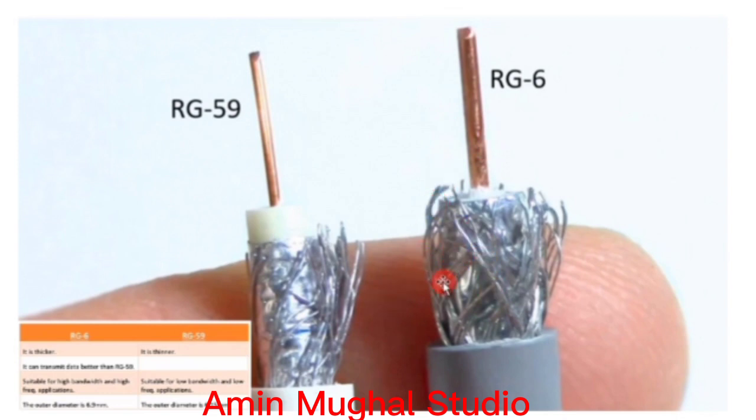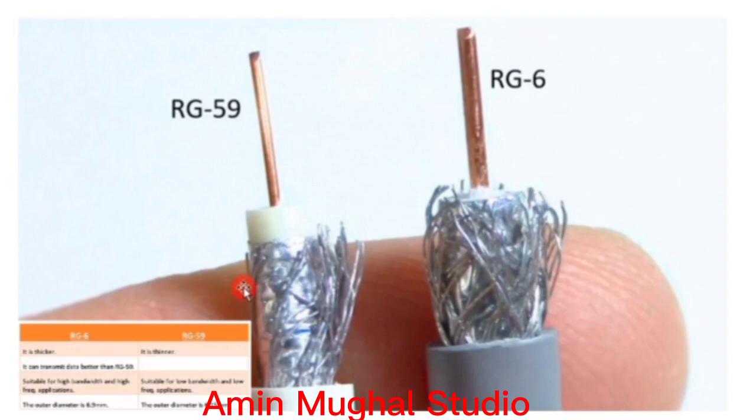Similarly, RG6 has thicker insulation and better shielding than RG59. So I can say that RG6 cables are much more suitable for high bandwidth and high frequency applications such as internet connection or satellite TV signals, while RG59 is better for low bandwidth and low frequency signals such as